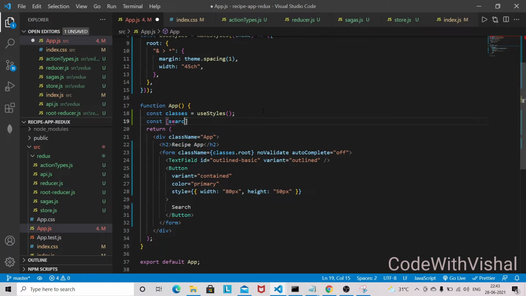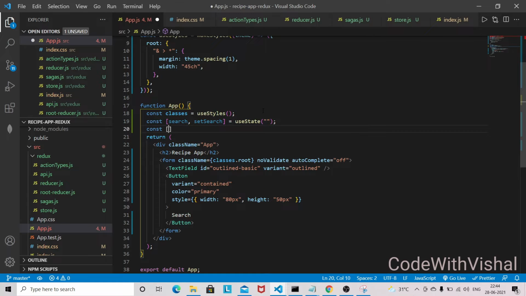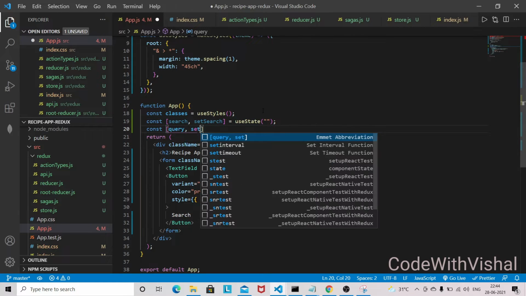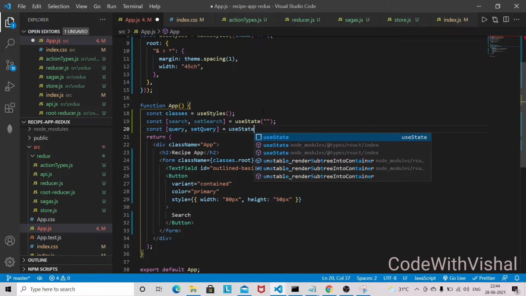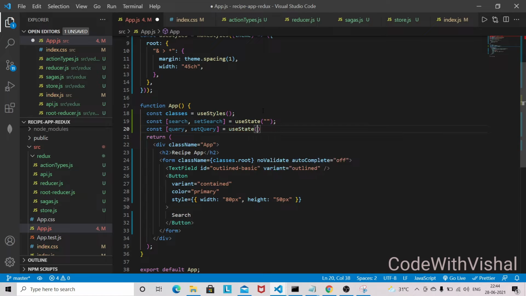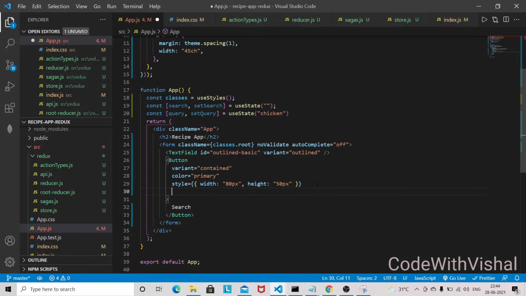So search, setSearch, useState, and this will be empty, and we will have another state called query, setQuery, and in query by default I am giving chicken. And here we need to provide type.